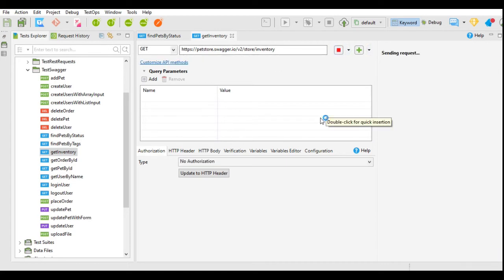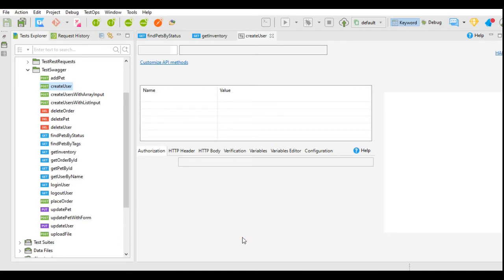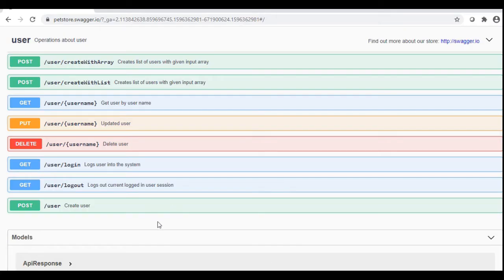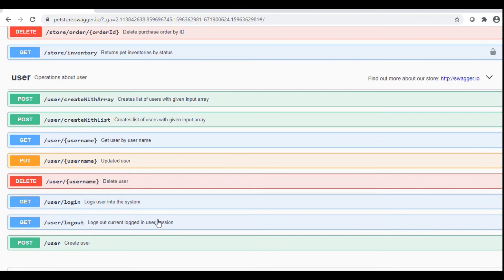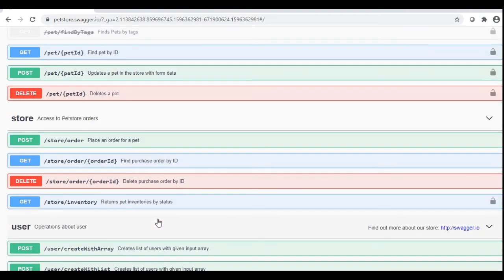It will give the inventory of the store and it has given the inventory. We can create a user. This is the post request. I will open this request, create user. Let's go and check how to create the user. What are the parameters that we have to provide to create the user? What are the values that we have to provide to create the user?